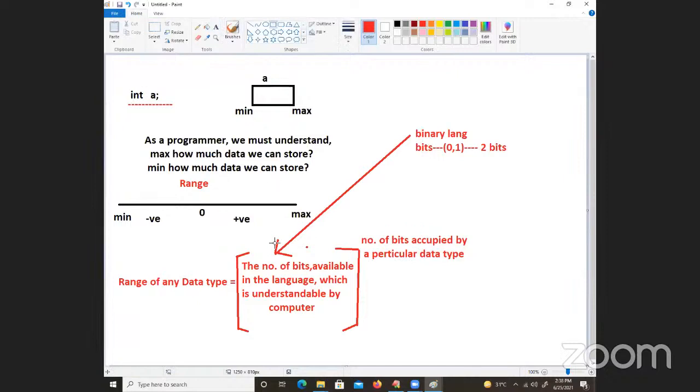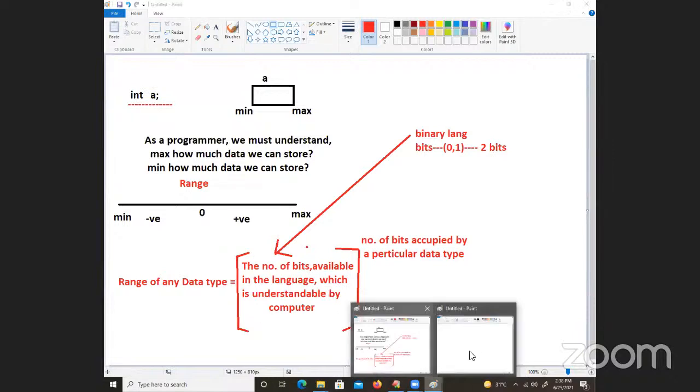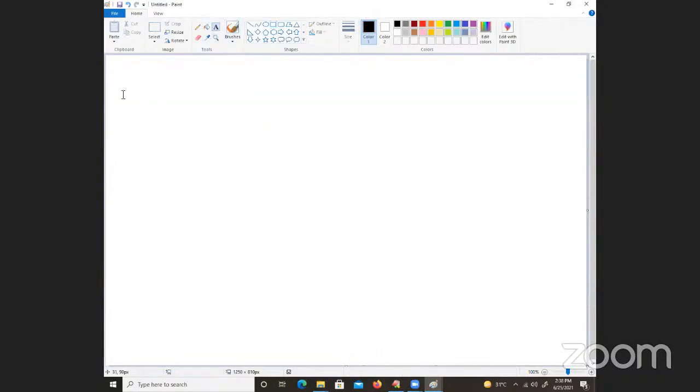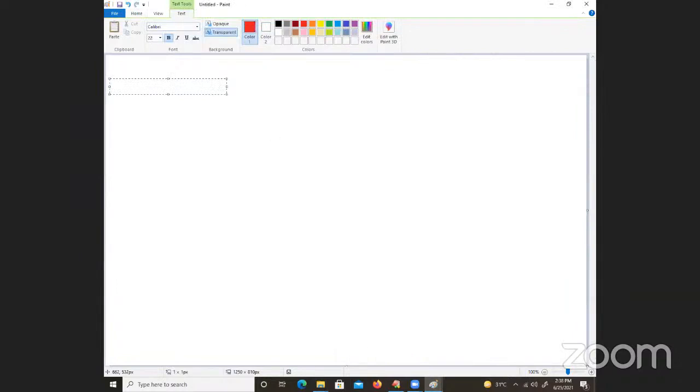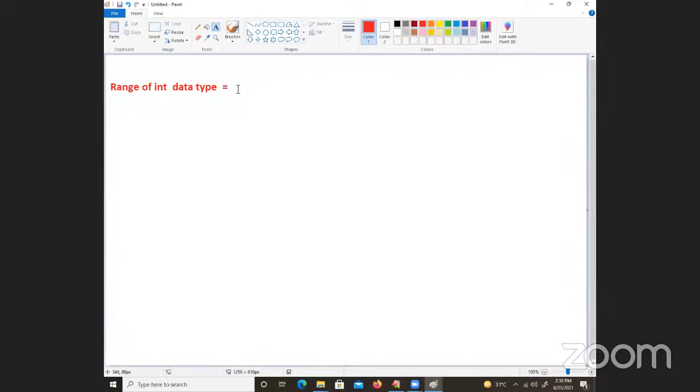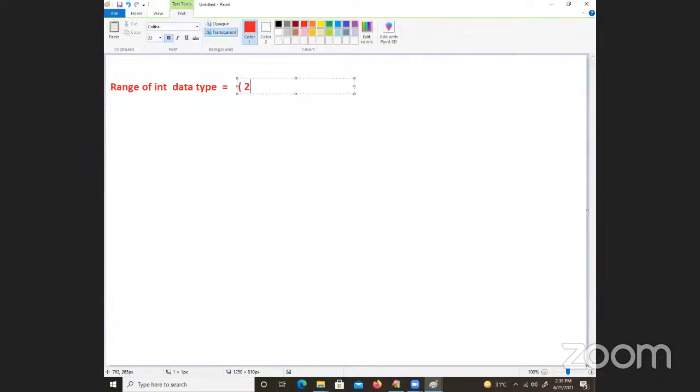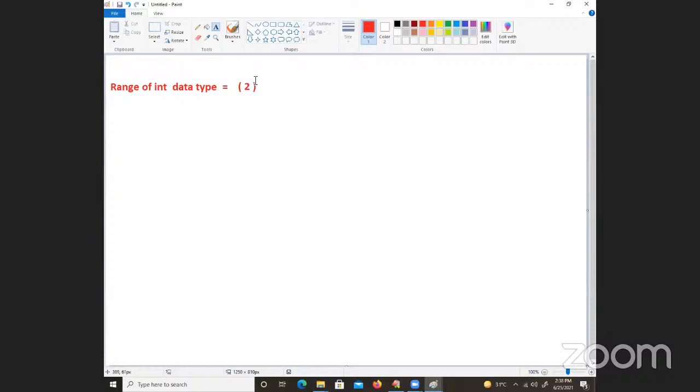So in the entire bracket, what is the value coming? The number of bits available in the language which is understandable by computer, 2 will come inside. Let me take one separate calculation window. Now I am writing range of int data type is equal to, see the calculation, how easy it is. Now I am writing in the bracket 2. Coming to the point of it, 2 to the power of